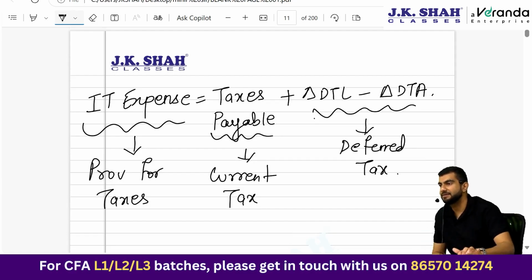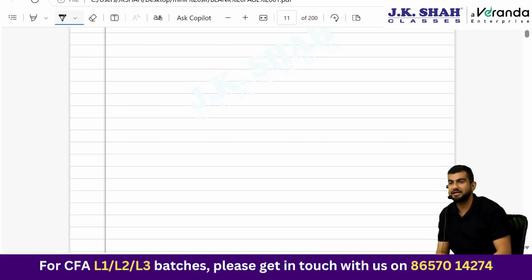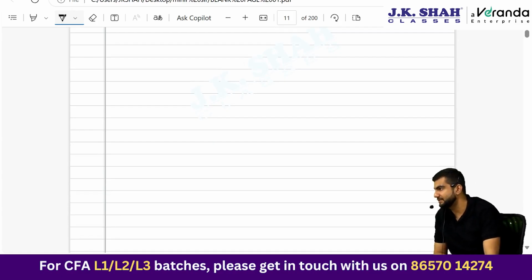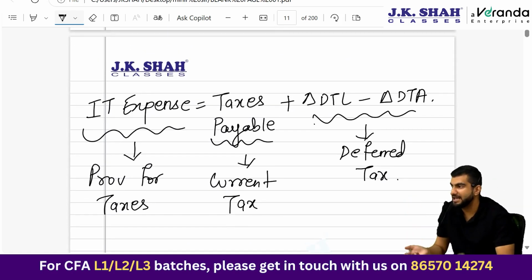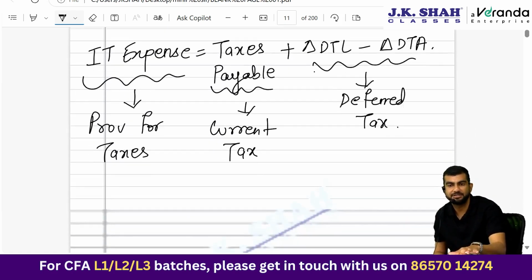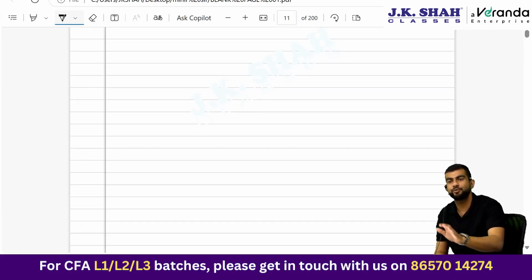Now I have a DTA balance, remember, and I feel that there will be no sufficient future taxable income such that my DTA is worthless. What do I do? Can I write it off? Yes, by a contra asset account called valuation allowance. So now your DTA balance will be reduced and that balance will be transferred to valuation allowance. Subsequently, if I feel that, oh no, I will have future taxable income, can I write it back? Yes. Under both IFRS and US GAAP, you can write it back. And here I had taught you how earnings smoothing happens then. Okay, fine.